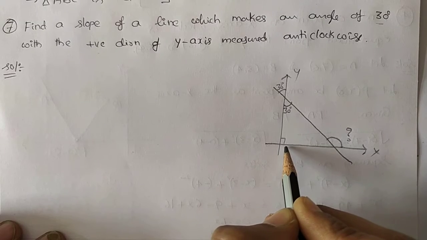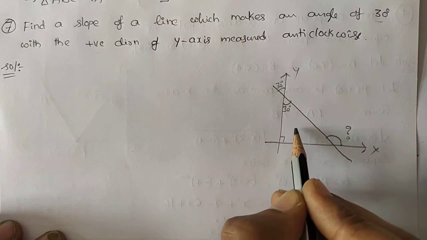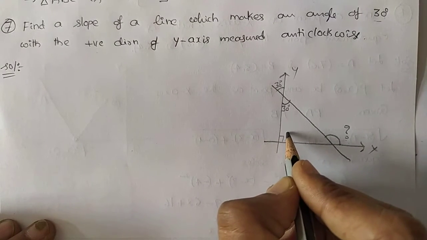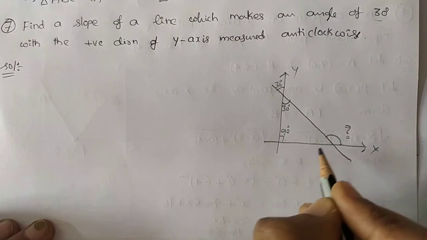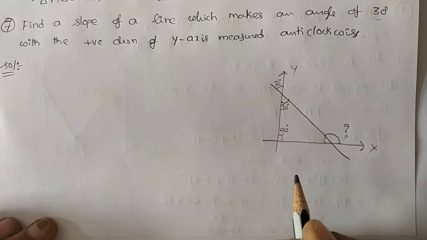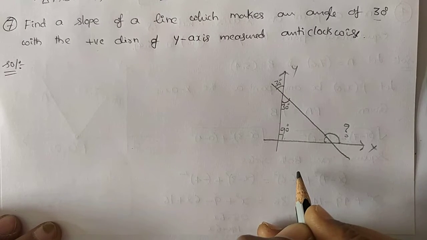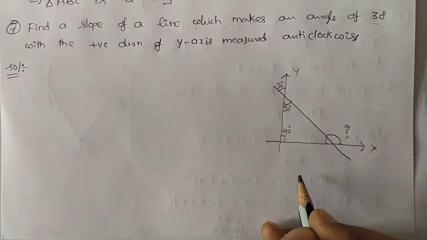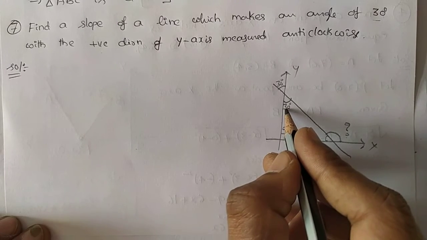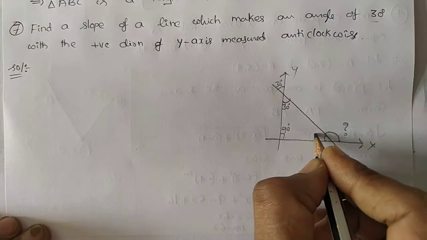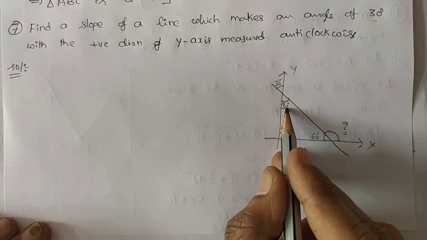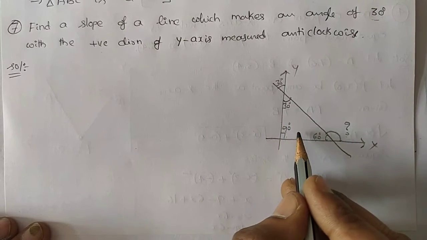We know that here we found a right angle triangle. If you observe, x and y are perpendicular, so this angle will be 90 degrees. Then what about this? We know that the sum of the angles of a triangle is 180 degrees. So 90 plus 30 degrees is 120, then 60 degrees. 90 plus 60 is how much? 150. 150 plus 30 is 180. Yes, it is balanced now.